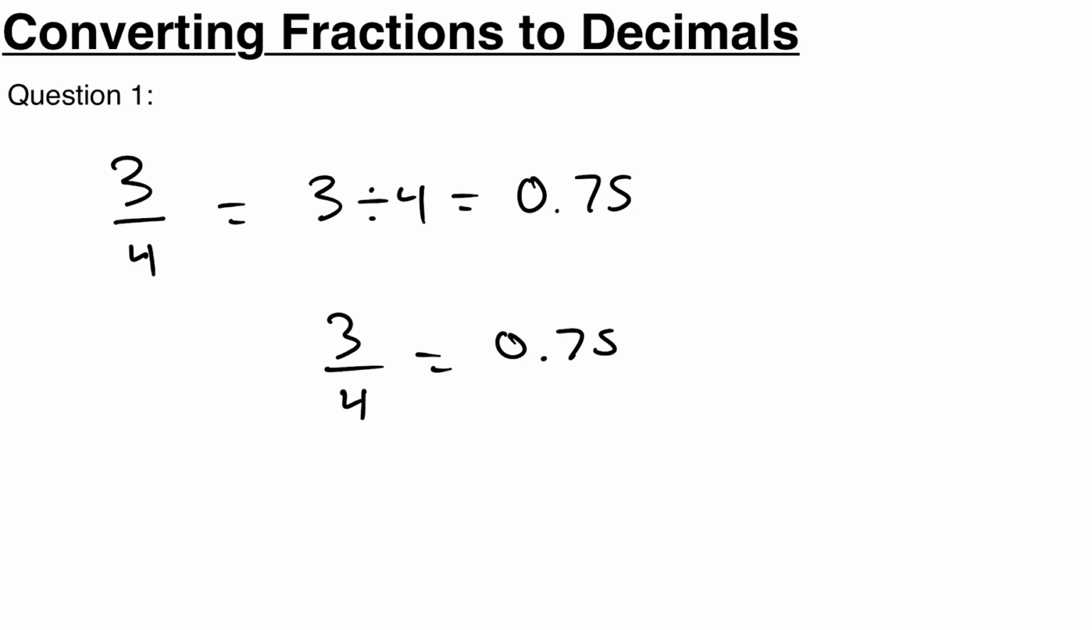Now let's try one more problem, and this one's a little tricky, so make sure to stick around. If I were to give you 1 over 3, and I told you to convert that to a decimal, how would you do that? Well, 1 over 3 is the same as 1 divided by 3. And when you put that in your calculator, you're going to get